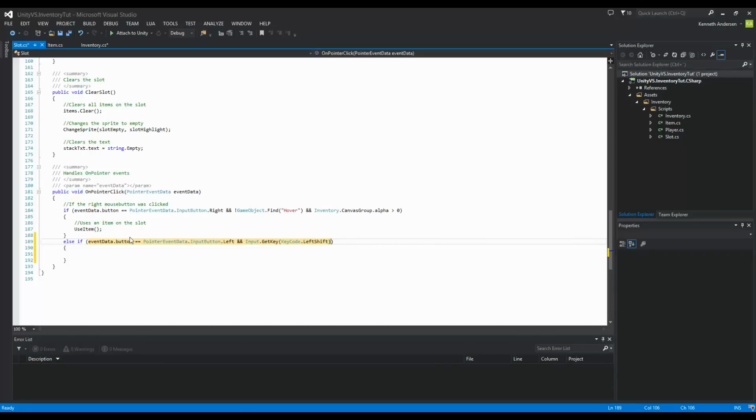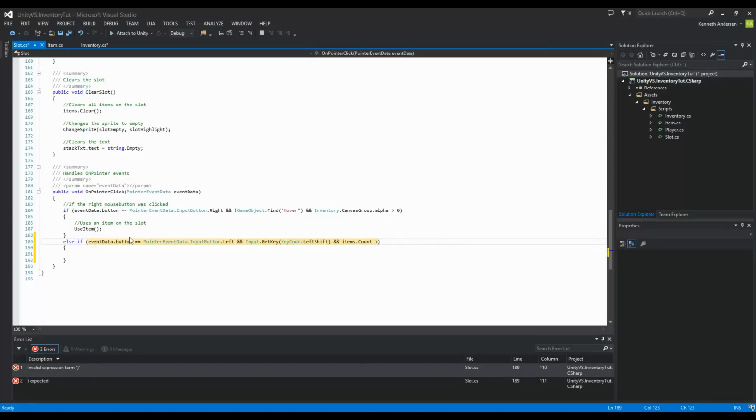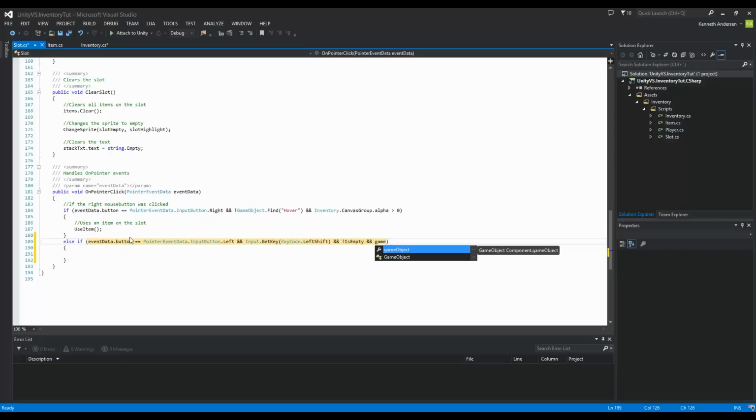Other than that, I also want to add some more. I want to say and this slot's items count is larger than 0, because I don't want the slot to be empty. If it's empty, then there's no point of trying to open up this box and splitting the items. Actually, I think I have something called is empty. Yeah. So if it isn't empty, with exclamation mark in front of it, and also if my game object dot